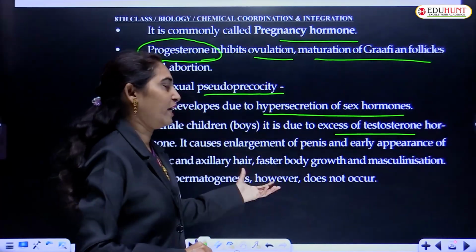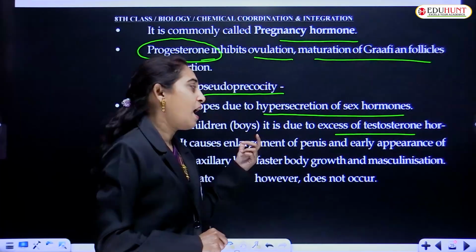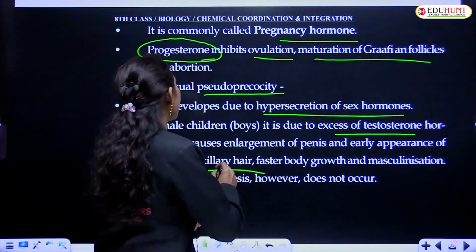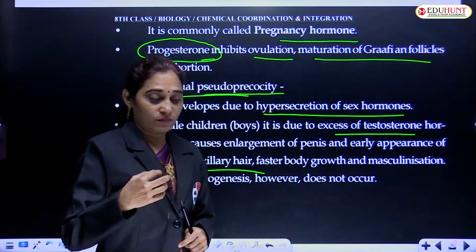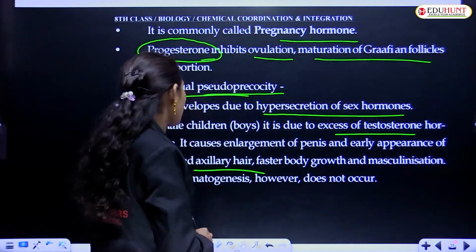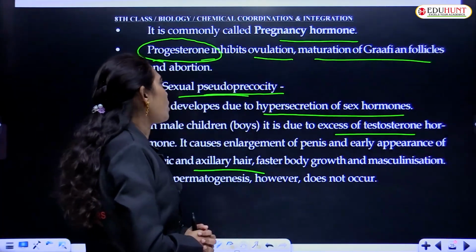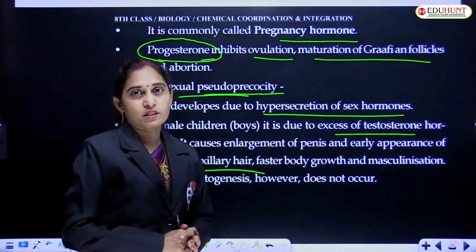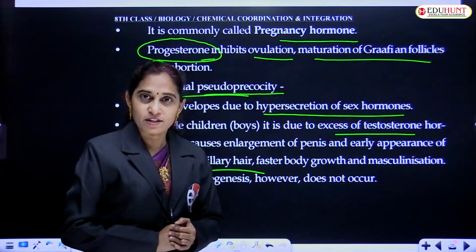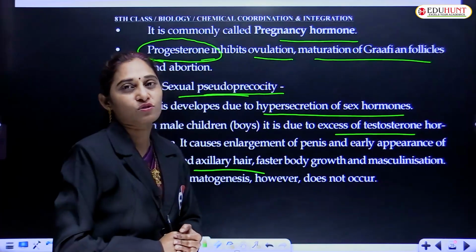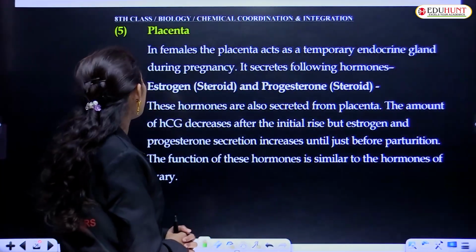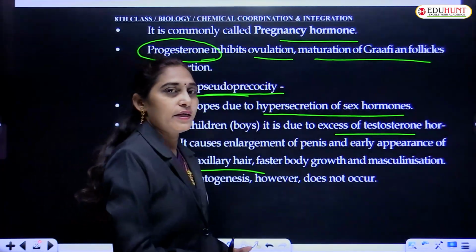all these developmental changes happen in small boys when the reason is hyperproduction, that is overproduction of testosterone hormone, which leads to pseudoprecocity. Pseudoprecocity means development of these masculine features early in the boys because of overproduction of testosterone hormone, which is a sex hormone in males. Anyway,